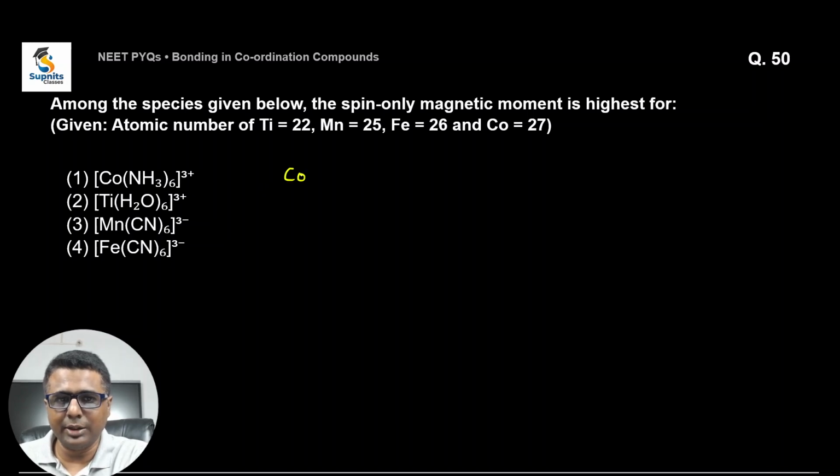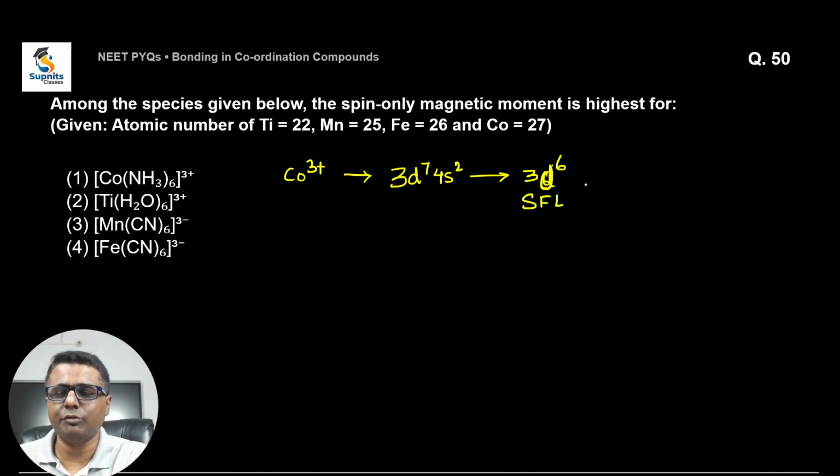Here it is cobalt 3 plus. So normally, what is cobalt? Normally cobalt is 3d7 4s2. Now when it is 3 plus, it becomes 3d6. Now see, this is NH3. NH3 with cobalt behaves as a strong field ligand. So you take this as a strong field ligand. When you are taking this as a strong field ligand, it should be t2g 2, 2, 2 and eg 0, 0,